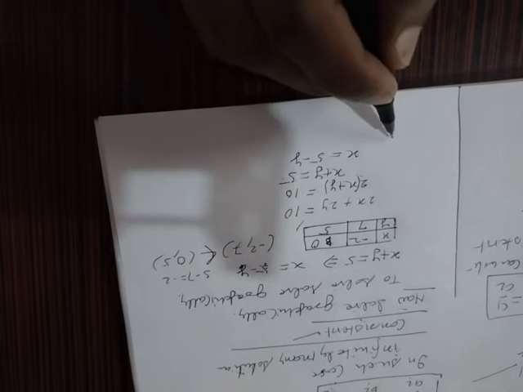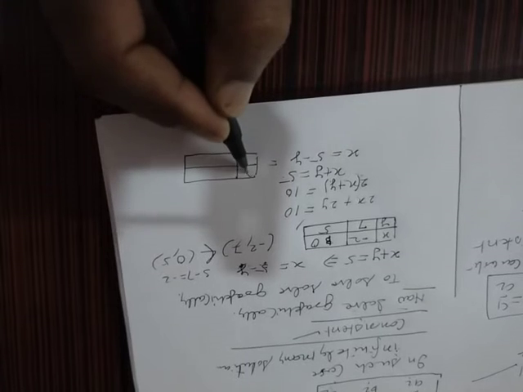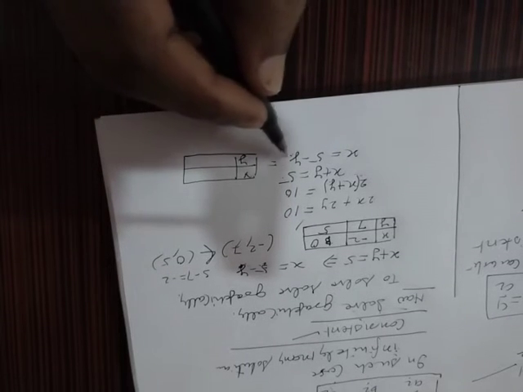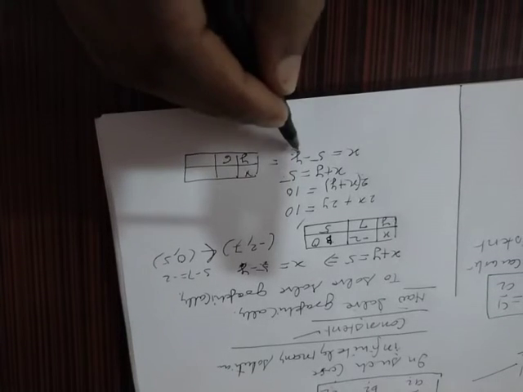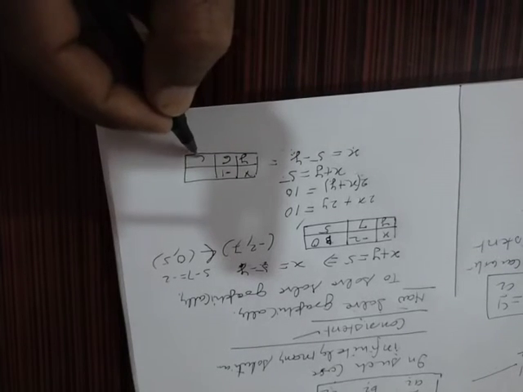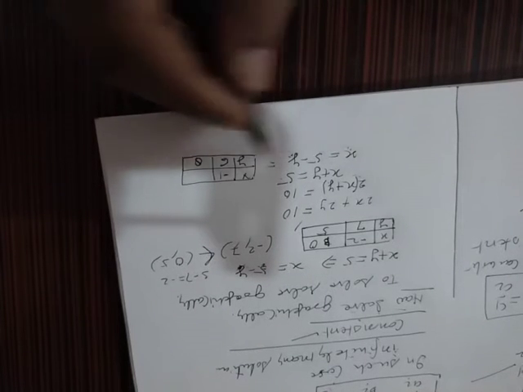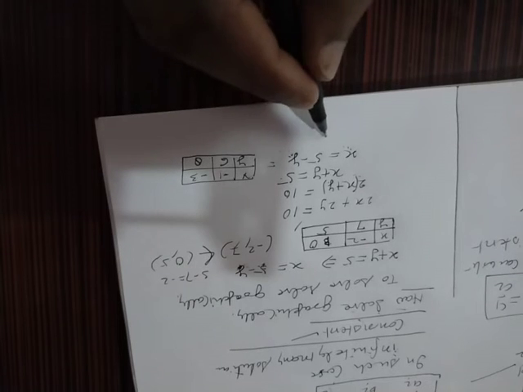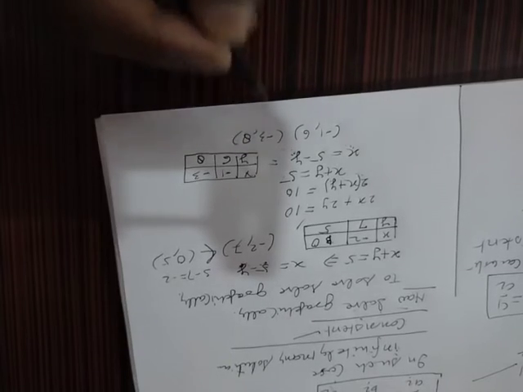Then again you put here, after making a box, x and y. You put here value of y is 6. Then 5 minus 6 is minus 1. Then value of y is 8. Then value of x is 5 minus 8, minus 3. Your coordinates x, y are minus 1, 6 and minus 3, 8. Now you make a graph.